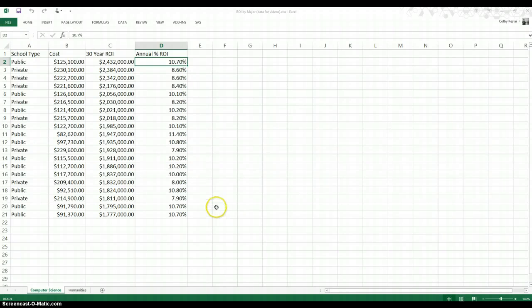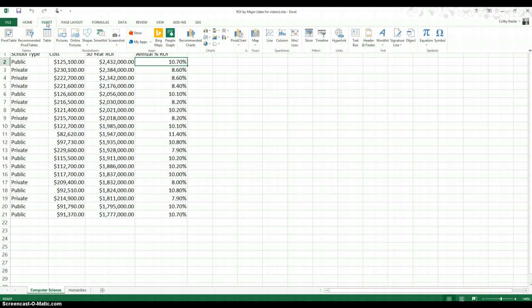Okay, so looking at my same data, but this time I'm going to look at this last column, the annual percentage return on my investment. I want to make a frequency distribution and a histogram for this data. So I have clicked into this first cell here of the data, and I will go to my Insert tab